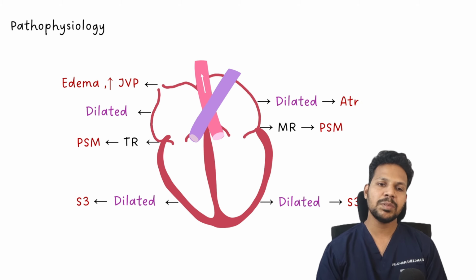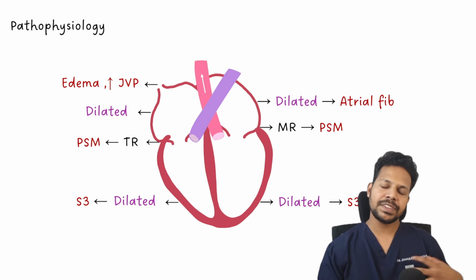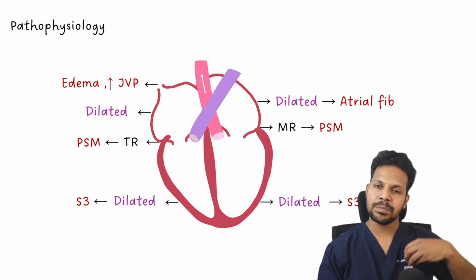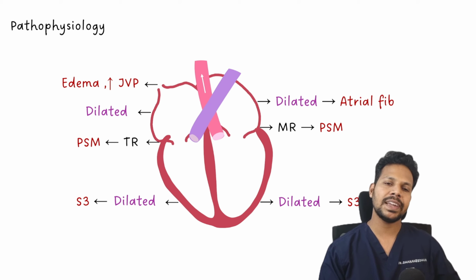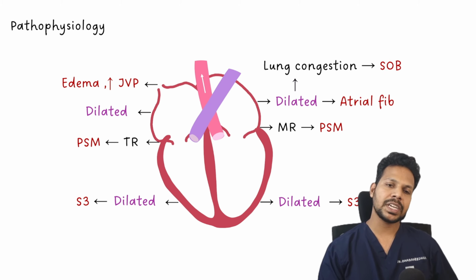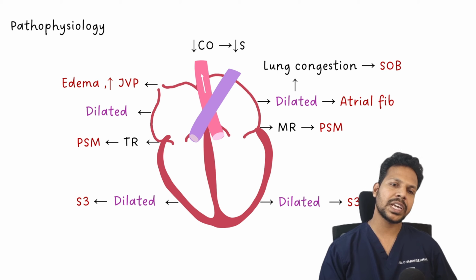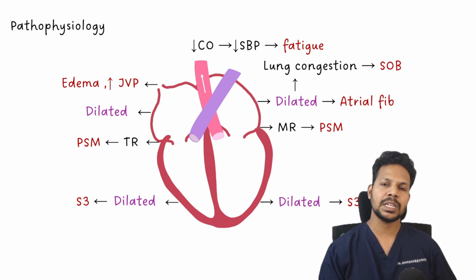As you can see, the left atrium is also dilated and that will result in the generation of atrial fibrillation in the patient. Of course, because of the pooling of blood in the left atrium and further pooling of blood in the pulmonary veins and the lung, the patient will develop shortness of breath because of this pulmonary congestion. Because of the forward failure, there can be reduced cardiac output, reduced systolic blood pressure, and the patient will have